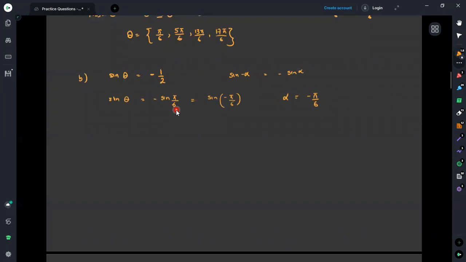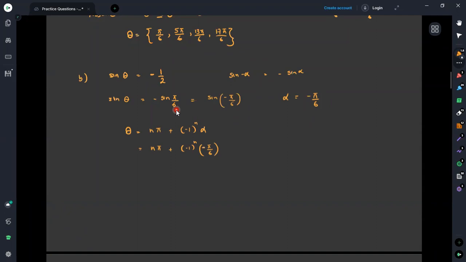Now we can use this value in the equation. The equation that we have identified was theta is equal to n times pi plus minus 1 to the power n times alpha. Here, if you do the substitution, we will get minus 1 to the power n, and alpha is again equal to minus 5 divided by 6. This would be the principal solution that we are getting here.